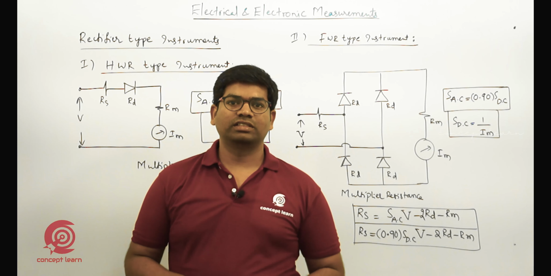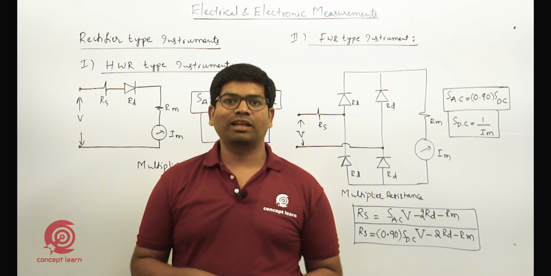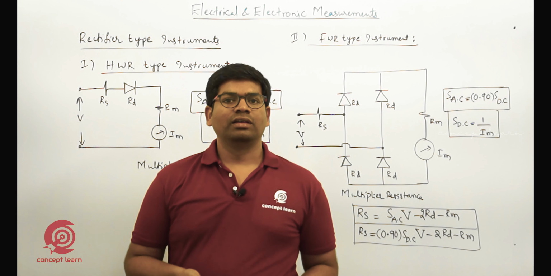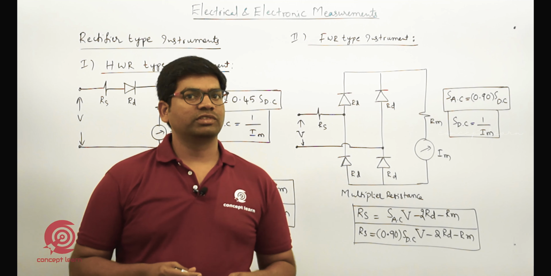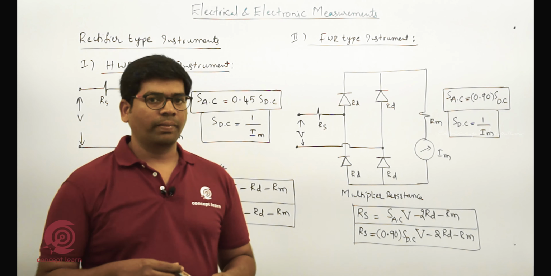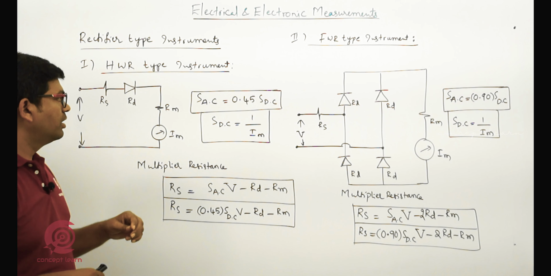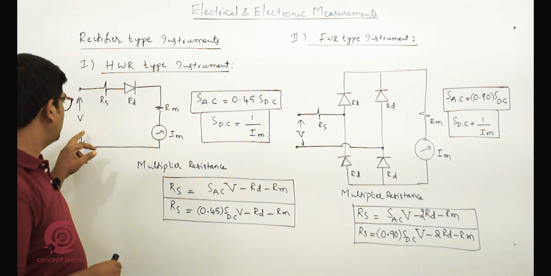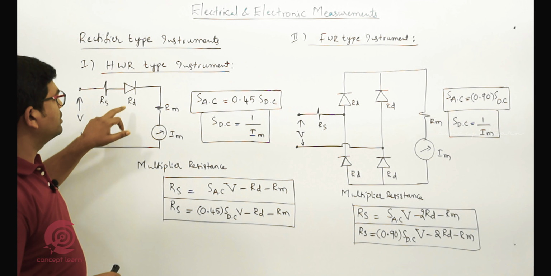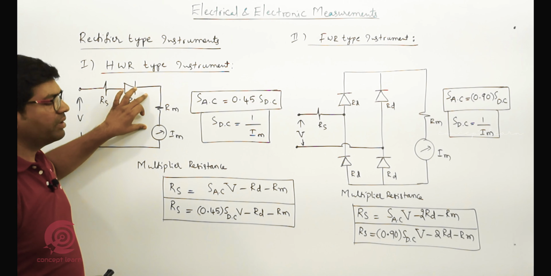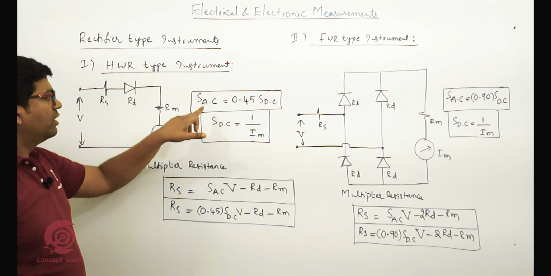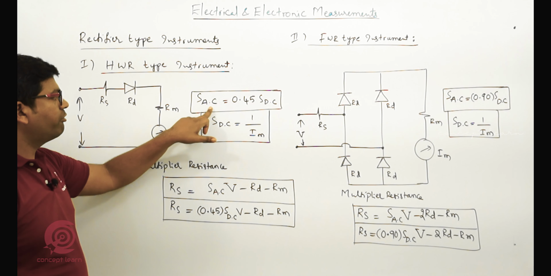Next we move towards rectifier type instrument. It is an application of PMMC instrument, you can call. Overall we can name rectifier type instruments as average reading, RMS calibrated meters, right? If you notice here, the AC quantity we are giving, that is the RMS quantity, is given to this. If I follow with a half wave rectifier type, means one diode I am using, but the outcome is like a DC or average type.